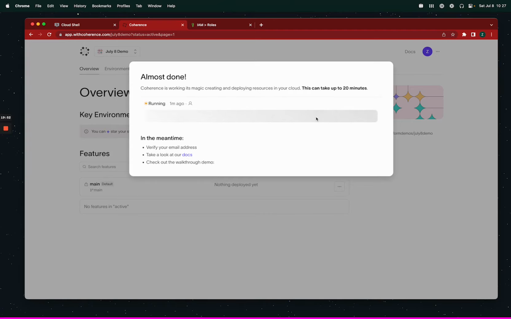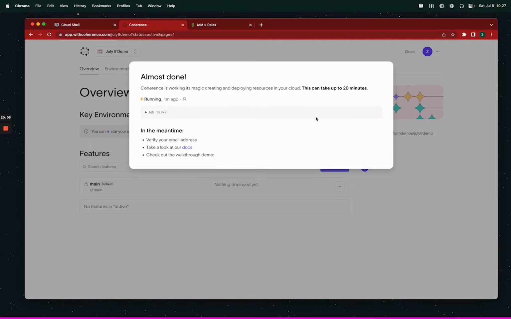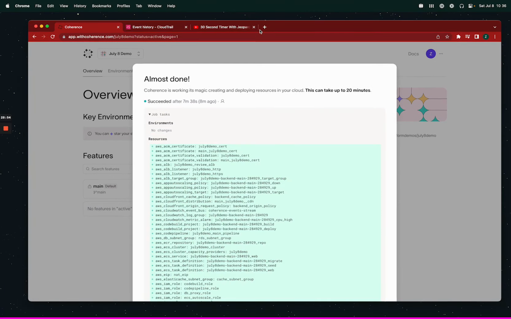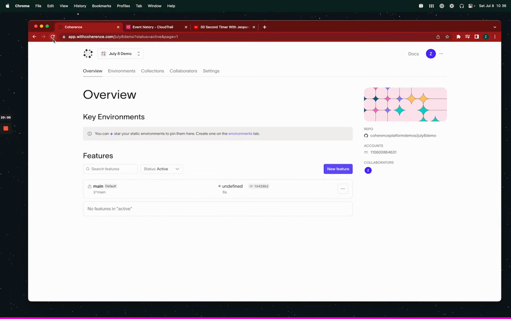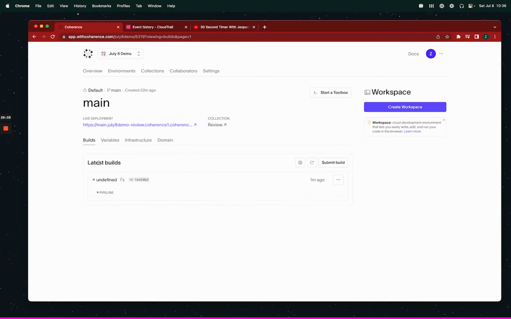It's probably not going to take 20 minutes because we don't have a database. That's usually the slowest thing to create, but it will take 10 minutes or so to create a VPC, an ALB, wire it all up. It'll tell us how long it takes as it runs. We're gonna go ahead and be patient. Again, oh, here we go, succeeded. All done, that's great. So I think that modal should have gone away automatically, but this will now be